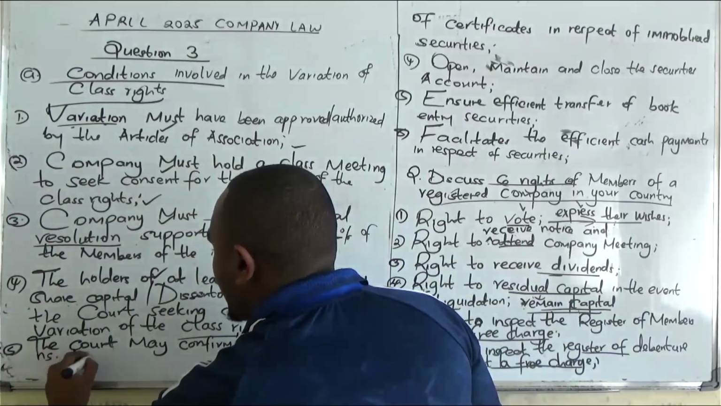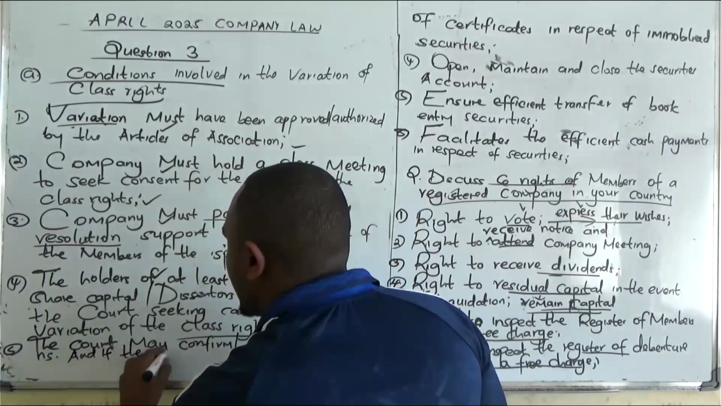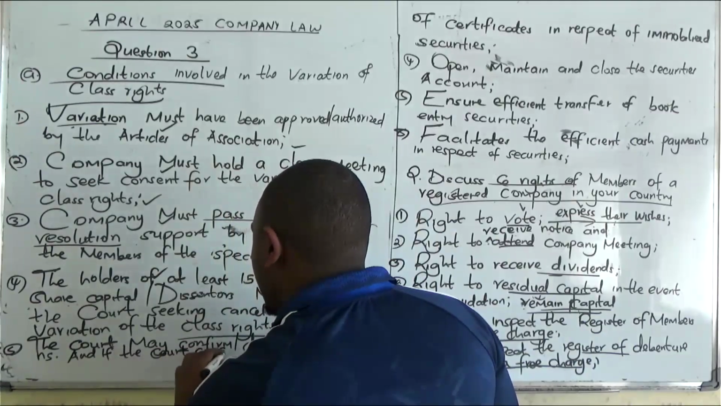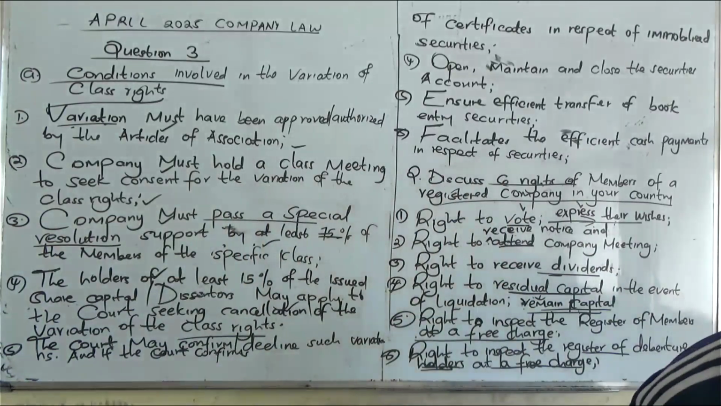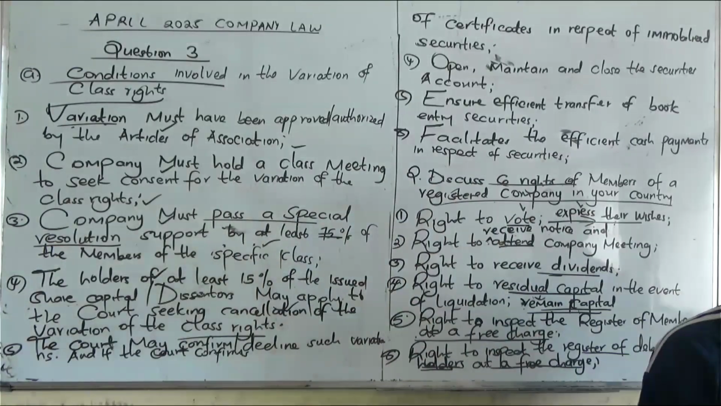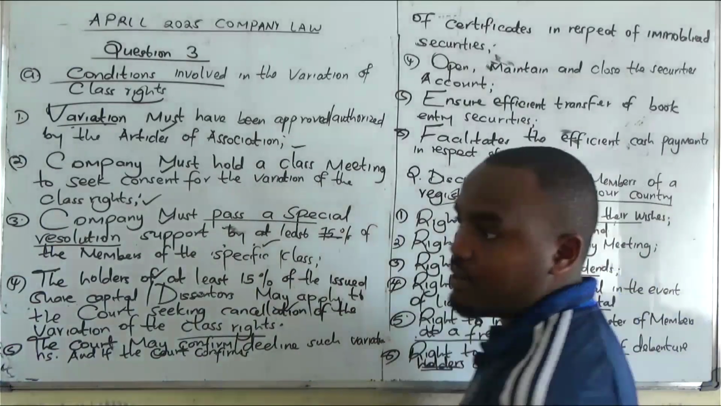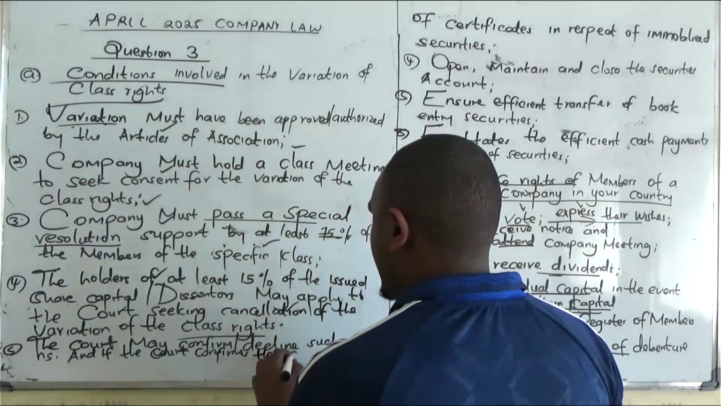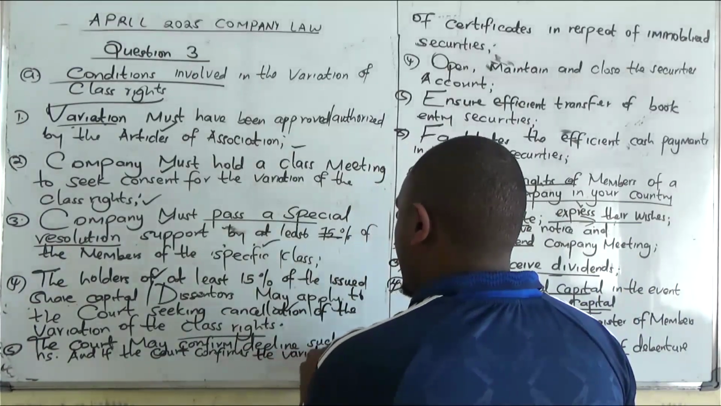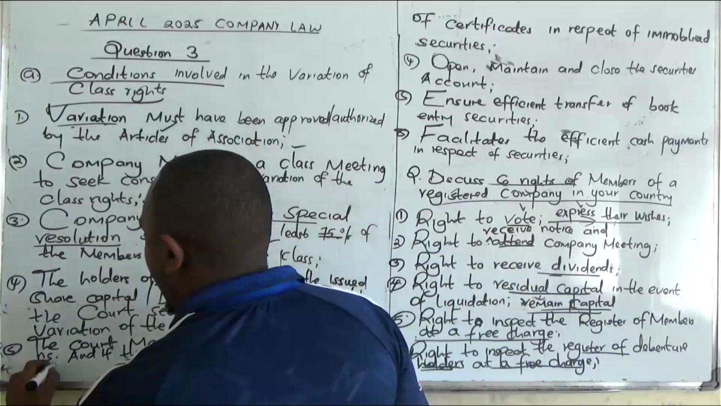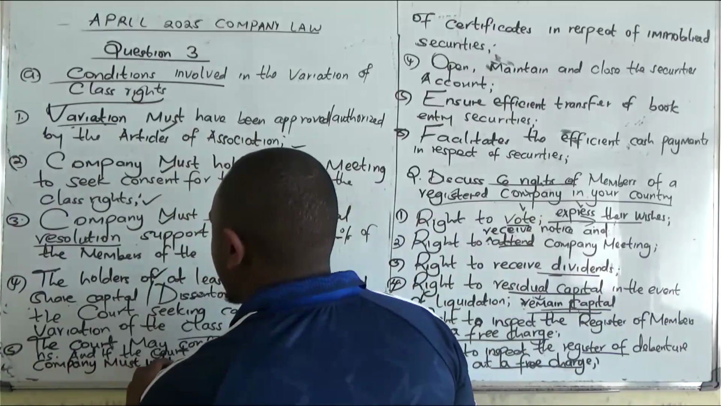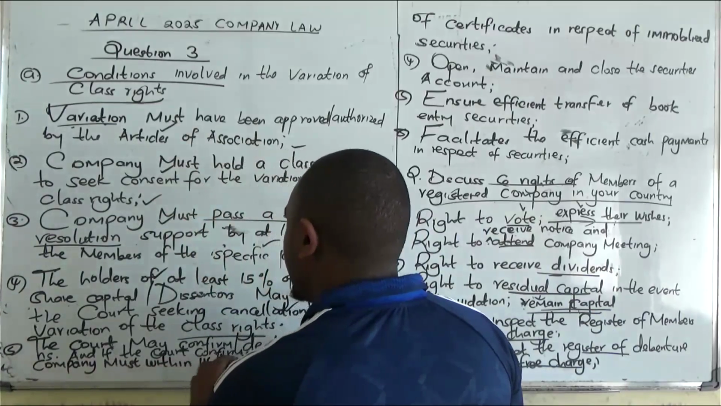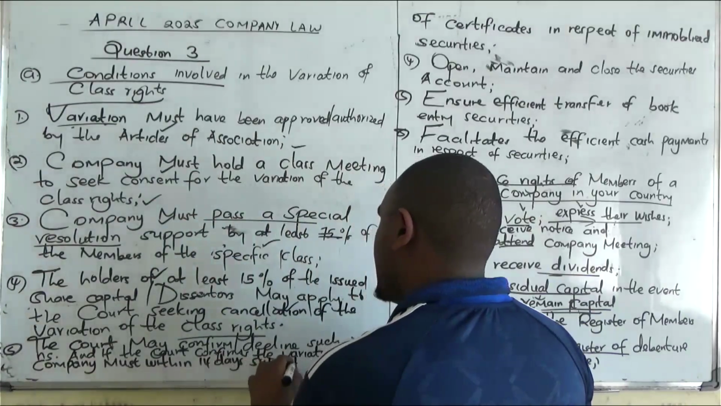And if the court confirms, we said, now let us finalize that process. If the court confirms the variation, the company must within 14 days submit the copy of the altered